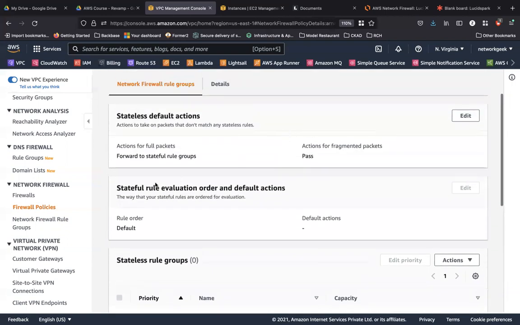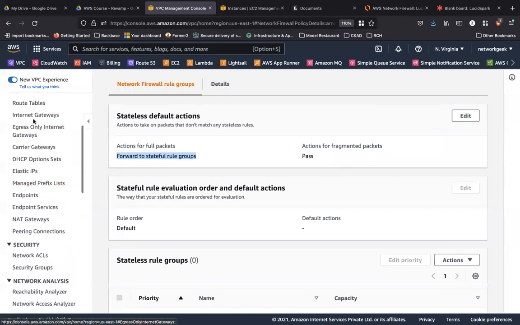So when you go to the top, you can see over here, for stateless, the default action is, whenever the traffic does not match any of the stateless rules, it is forwarded to the stateful rule groups, which means if the stateless rule group says denied, then the traffic is forwarded to the stateful rule groups. So this is how the order of evaluation works. Now I hope you got an idea in regards to the two rule groups that we have. One is a domain-based filter, and the other one is to allow SSH access from any source, any destination, but only on port 22. Now let's take a look at our route table entries and how we have managed it.